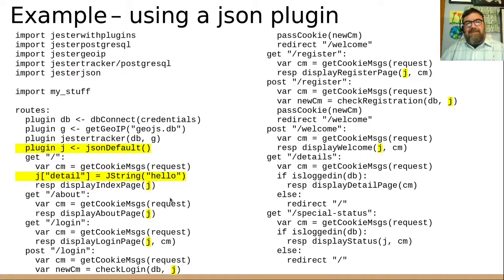Now we're going to use a plugin that doesn't necessarily make our code shorter, but it makes it more flexible. There's a lot of information at the start of every query that might be useful to your different procedures. And so rather than pass in the request for each of these pages, I'm passing in a JSON document. And this plugin here creates that JSON document. And it contains everything pretty much that's in the request object, but also contains things like the environment variables